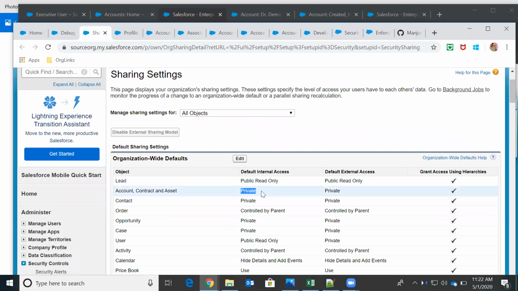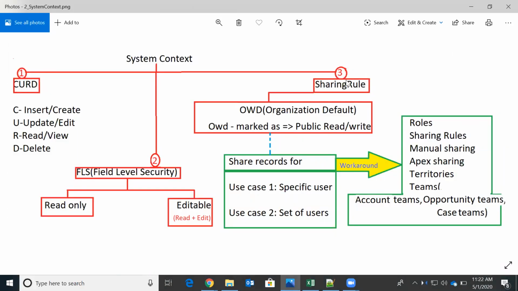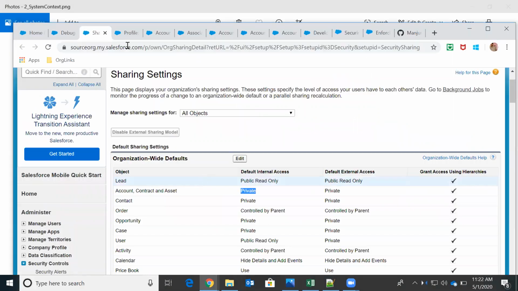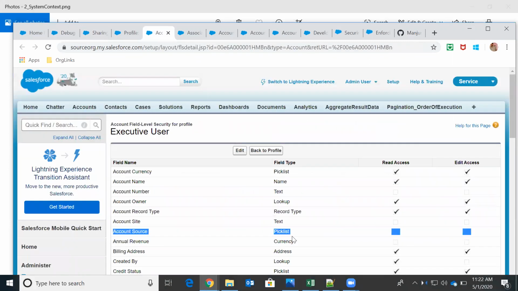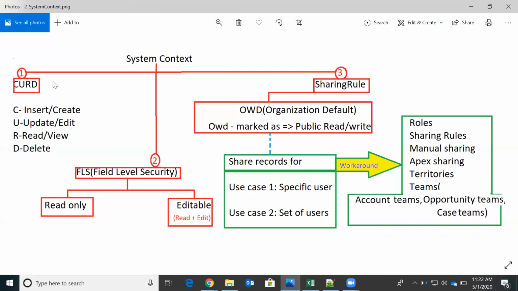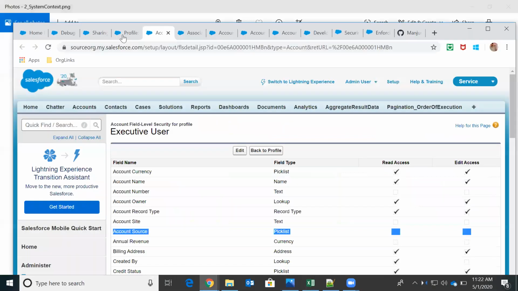Our OWD is private, but what we learned is that by default in system context it will give public read write. And for field FLS, currently for this field any value is not enabled, either read or edit. But we understand that system context will give the highest priority. Let me go to object level.